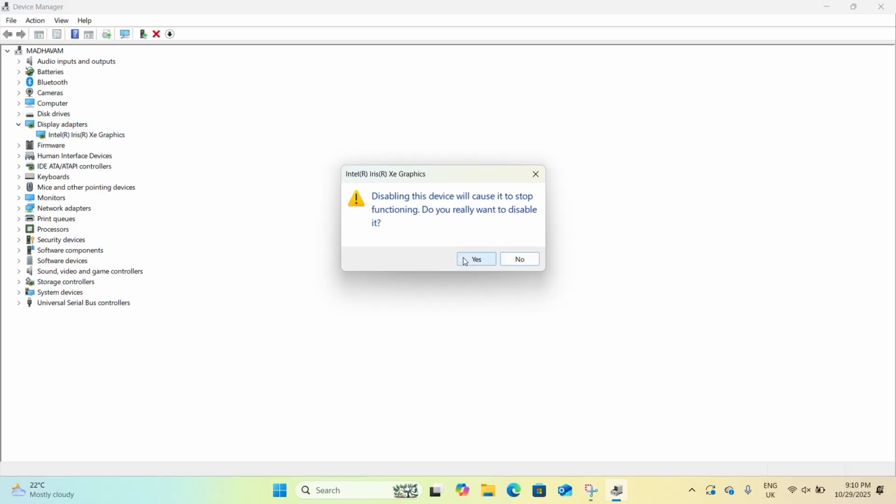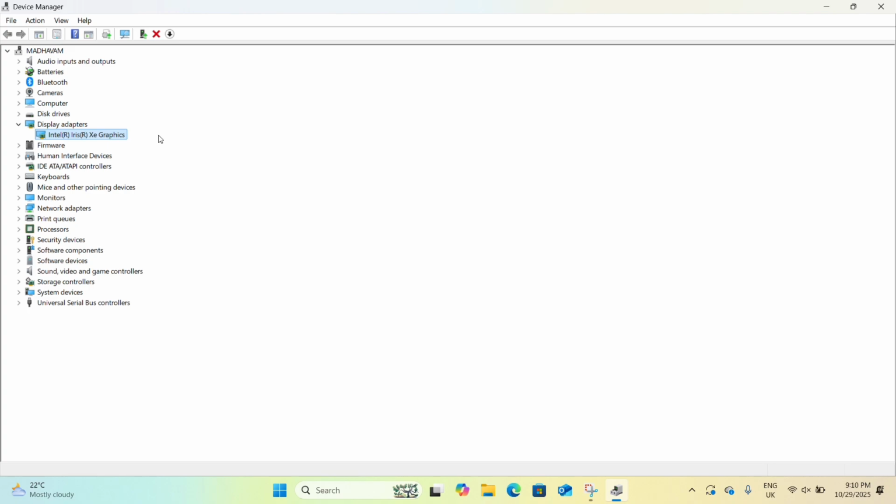After that, click on yes to confirm and then what you need to do is re-enable this device by right clicking back on it and clicking on enable device. Once you have made these changes, you will need to restart your PC and that should have now solved the